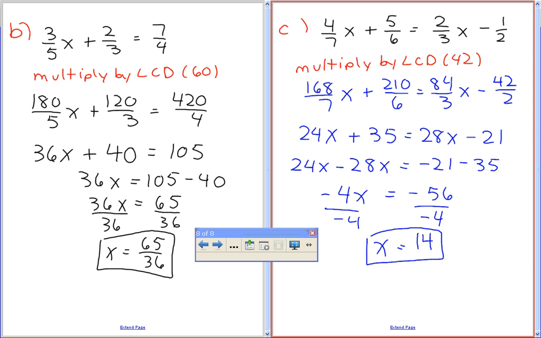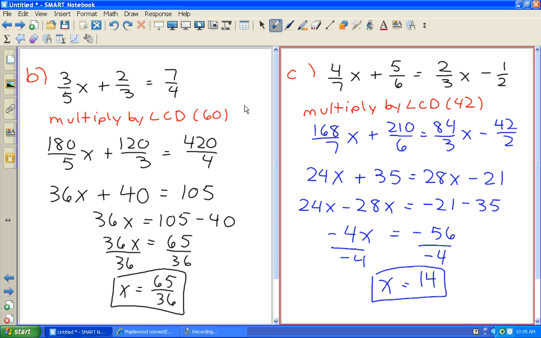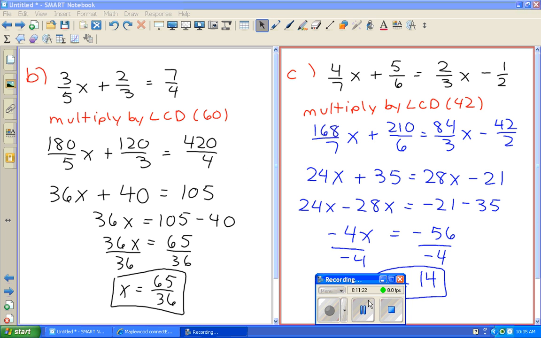Okay, I'm going to hit stop and I want everyone to put their heads on their desks. Two negatives make a positive. As I stop this recording, please